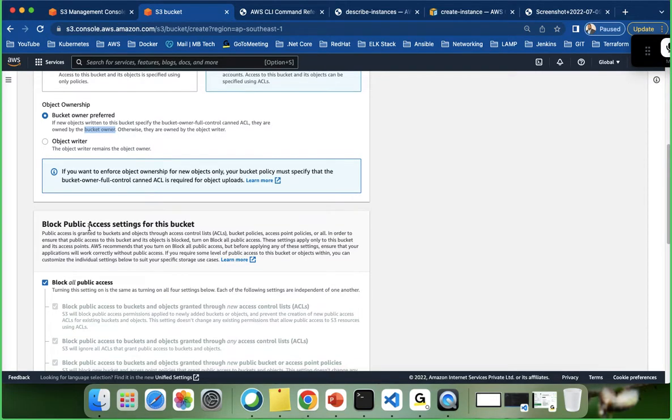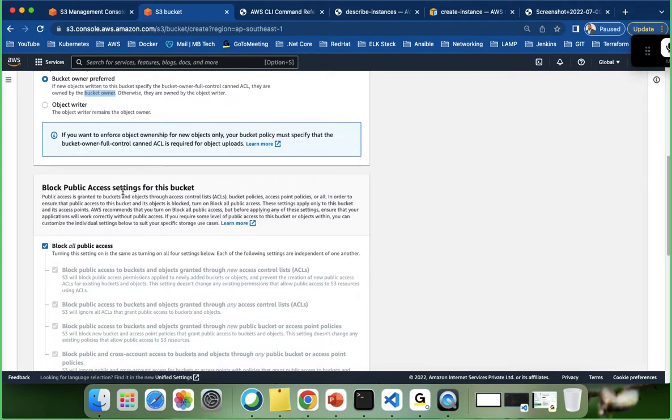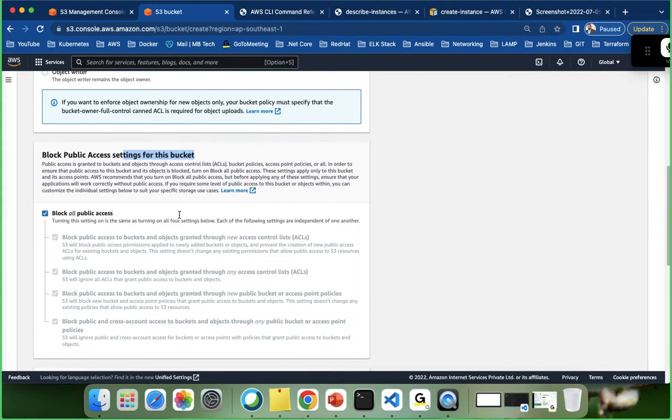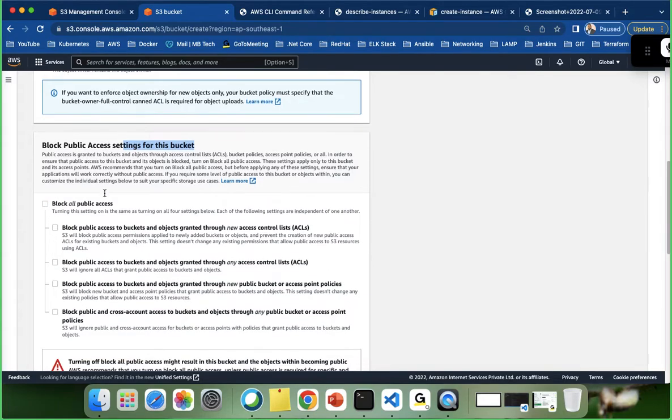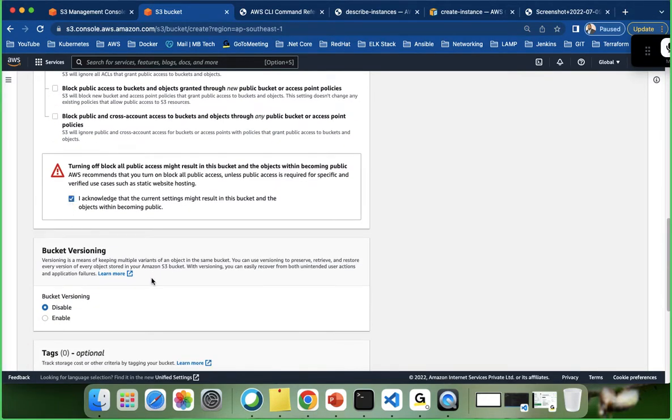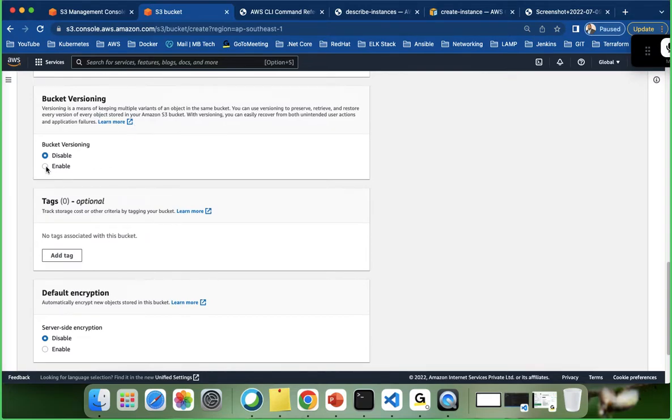Now the bucket policy settings for this bucket. What happens? By default, as I told, the bucket is private. Let me select it as public. Yesterday I was telling you, and one more most important thing to remember: whenever you are going for cross region replication, you should activate the bucket versioning. That is what I was telling in our